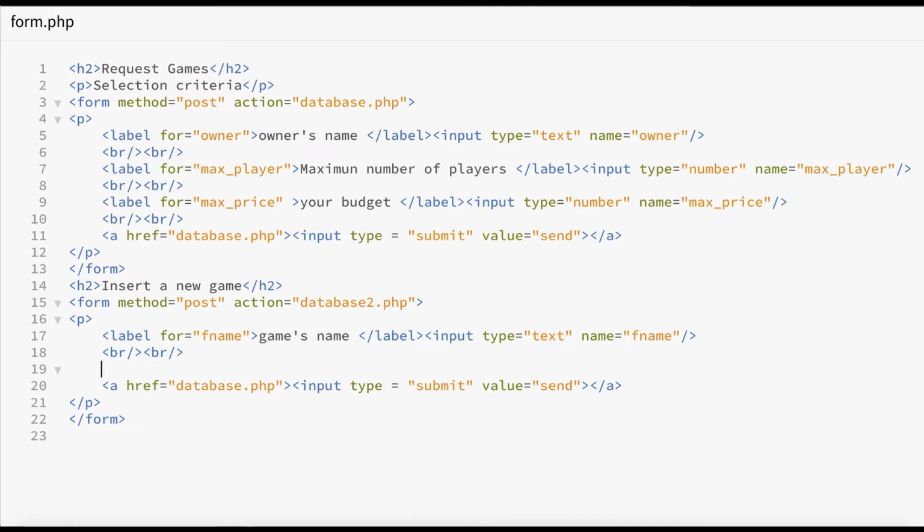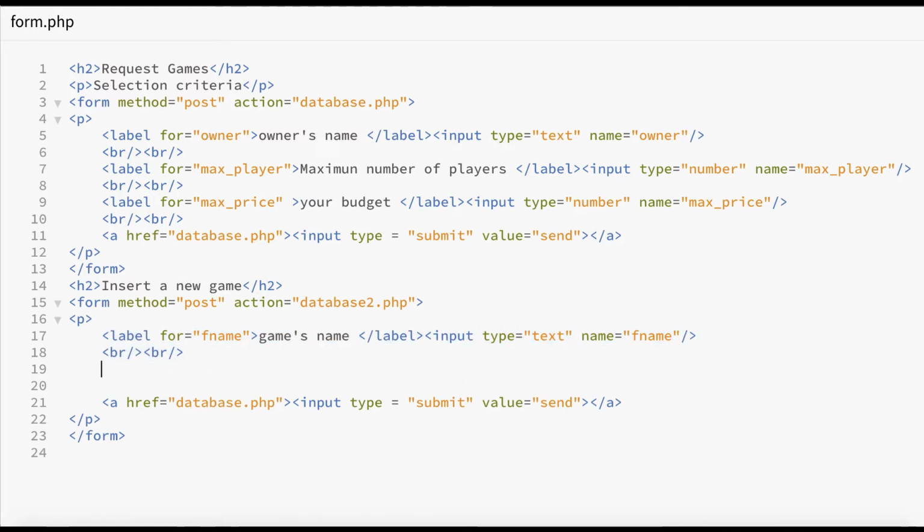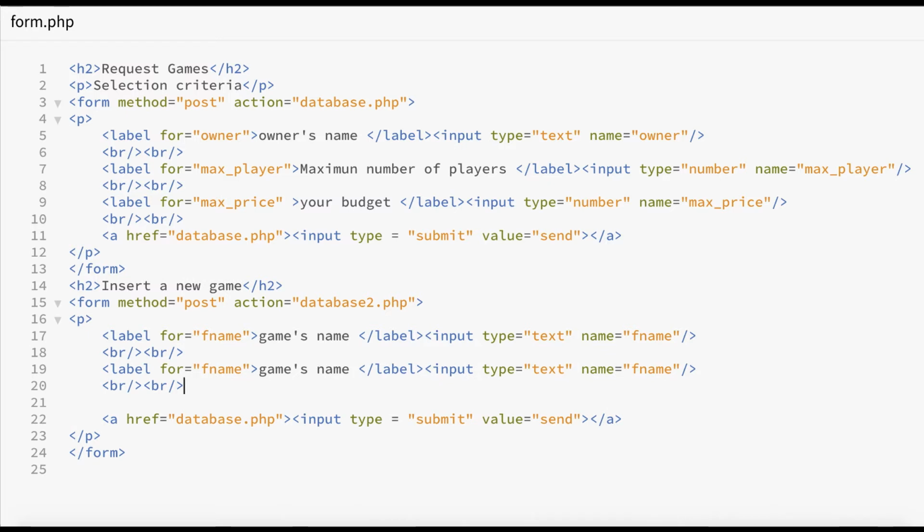So let us delete these ones and copy the one we just modified. So the next after name is owner, that is owner's name, and here I have F form owner.